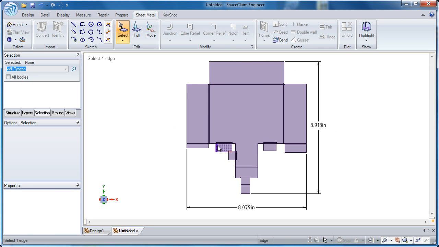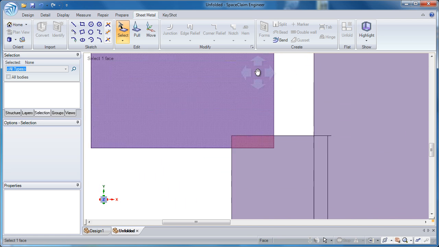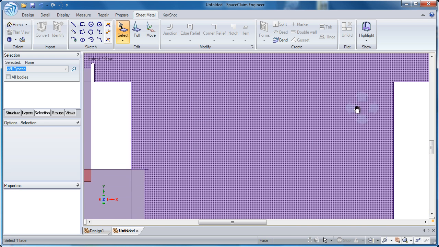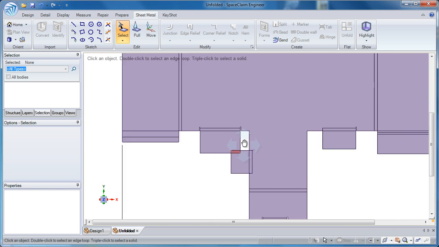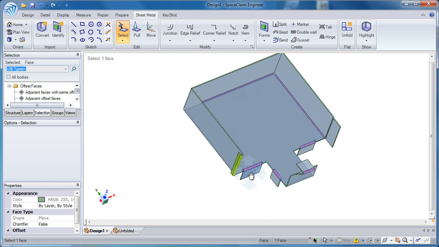Now when I zoom in, you'll see the difference on all the edge reliefs. Here's the ripped, here's the circular, and here's that smooth. Now you'll see one area that shows up in bright red. This is where in the flat pattern something overlaps. So there's an obvious problem. There's a few ways to fix this. One way is to go back into the solid model